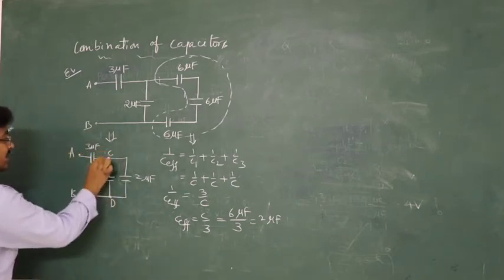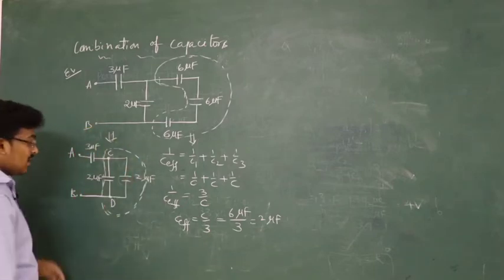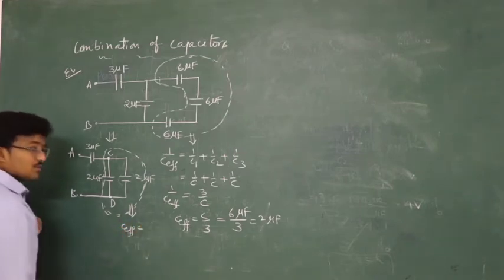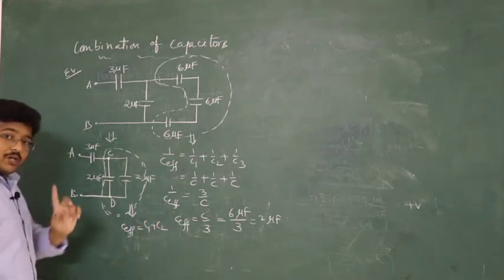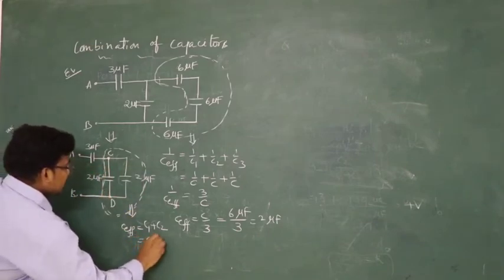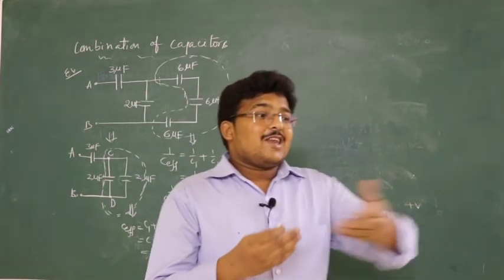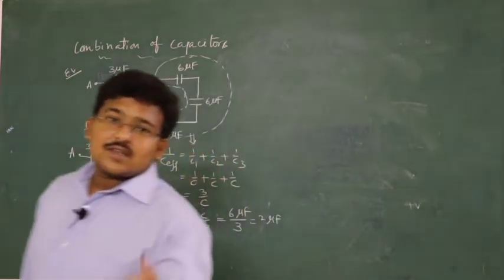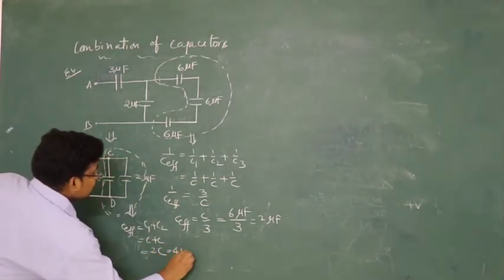Now you can say that here the endpoints are the same. Now these 2 are in parallel. So in parallel, what is the formula? Simply you know that C effective in parallel is equal to the sum of them, means C1 plus C2. But if the 2 are the same, it is C plus C, which is 2 times C. So in parallel, if n equal capacitors, what is the equivalent capacitance? nC. Here 2 capacitors are there, 2C. So 2 into, what is the C value? 2. So it will be 4 microfarad.